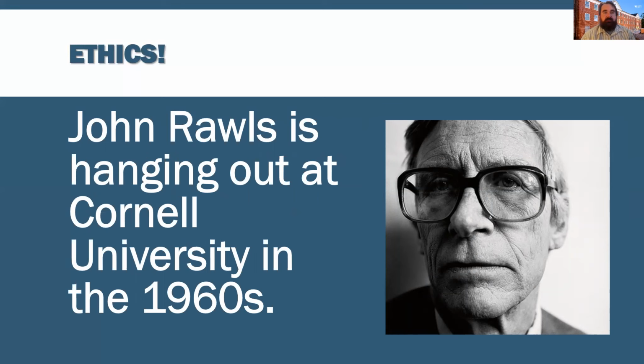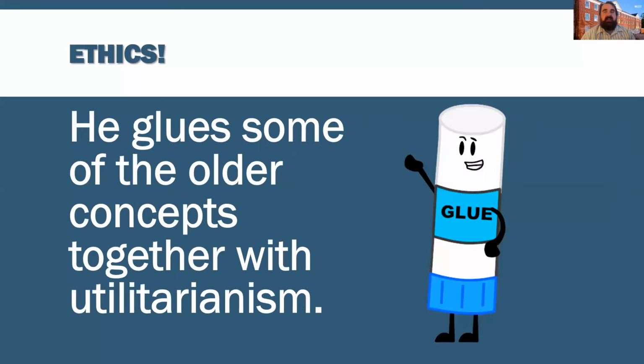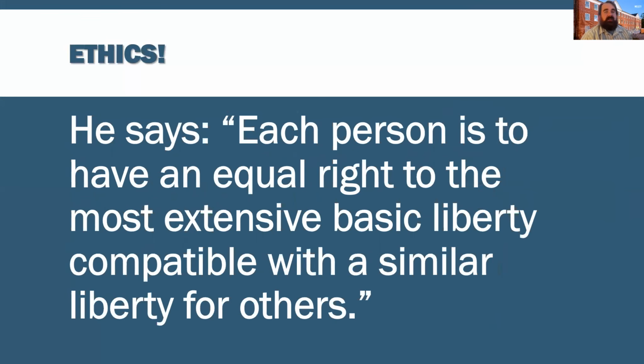He's hanging out at Cornell University in the 1960s, and he has this idea of being able to glue together older concepts with modern thinking on utilitarianism. And he says each person is to have an equal right to the most extensive basic liberty compatible with a similar liberty for others. AKA, each person should be able to have the lowest possible level of liberty that works for everybody. No one person should be more able to have a freer life than anyone else. Everyone should be at the same level of